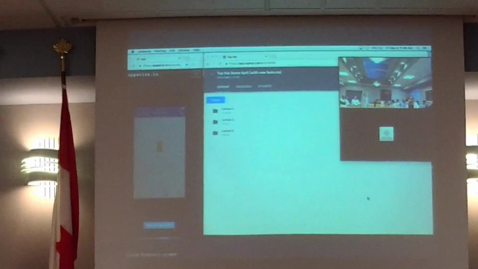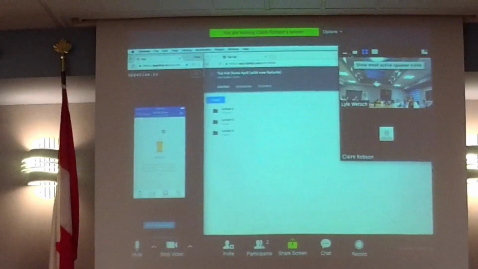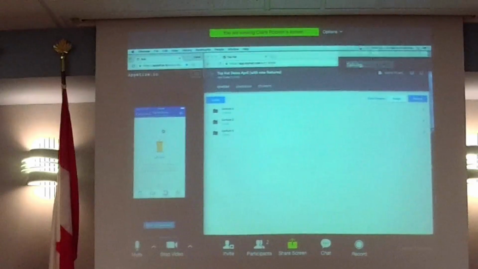Now, I'm just going to launch right into my presentation, and I wanted to orient you with what you're seeing on the screen. This larger monitor here is the professor's view of Top Hat. This is what the professor would be controlling, and this is how they control what they're sharing to their students, both inside and outside the classroom. This smaller screen here is my phone simulator. I wanted to have this up to show you what the students would see on Top Hat if they were using it on their smart device. Of course, this can be any sort of technology that they've got.